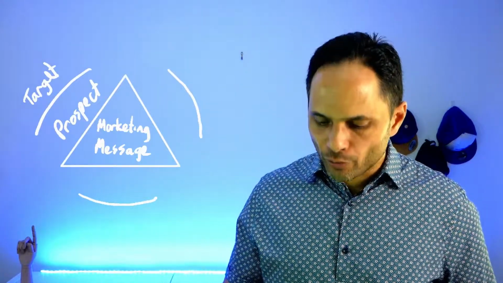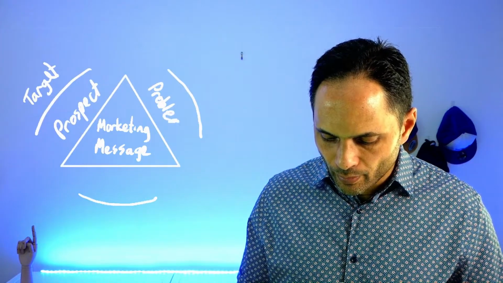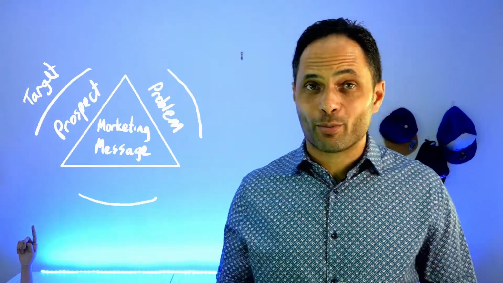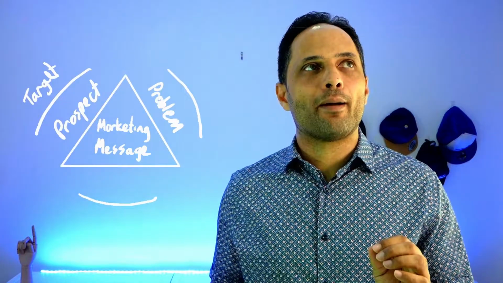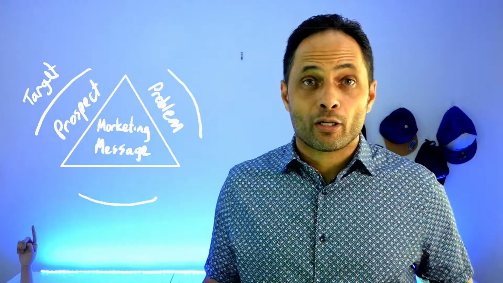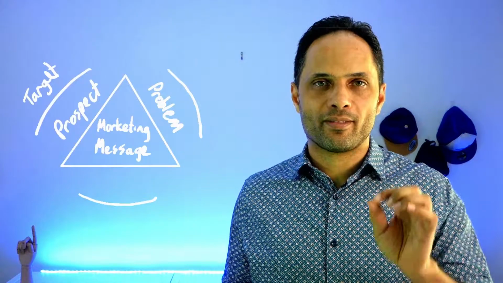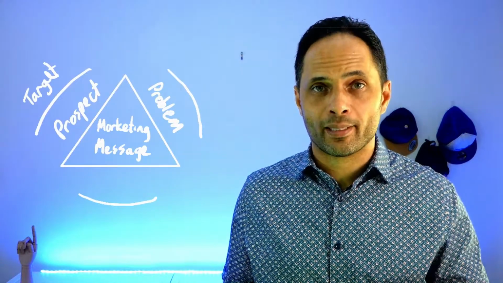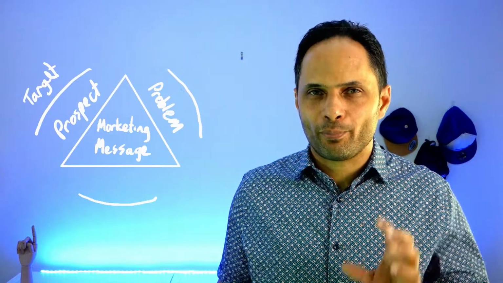Once you know that person, the next step is super important. What you have to do is really understand their problem. And you need to make sure they actually have a problem. Then when you identify the problem, you need to understand it better than they can. There's a great saying by psychologist Whitt Woodsmall. He says, if you can articulate someone's problem better than they can, they'll automatically and unconsciously credit you with having the solution.